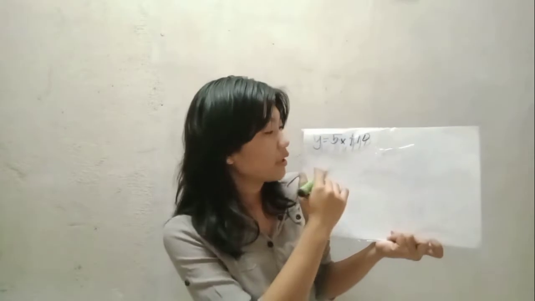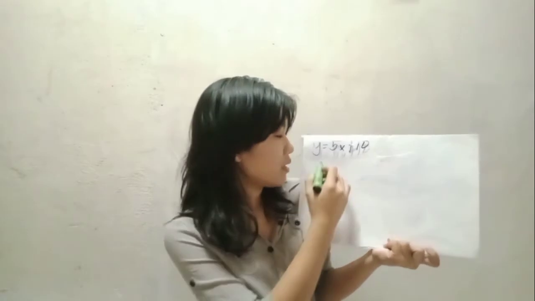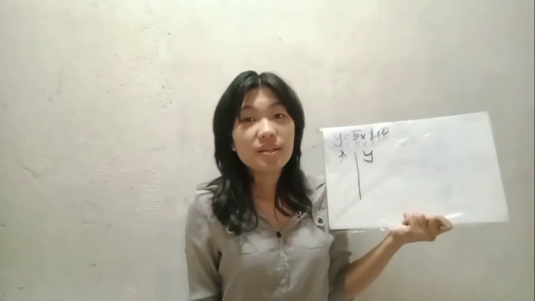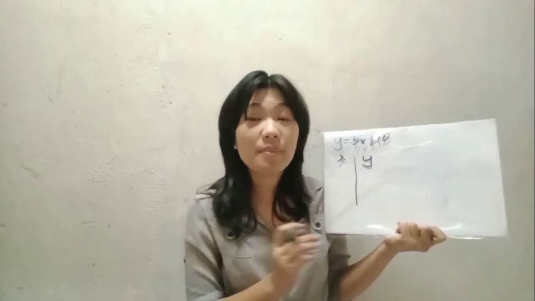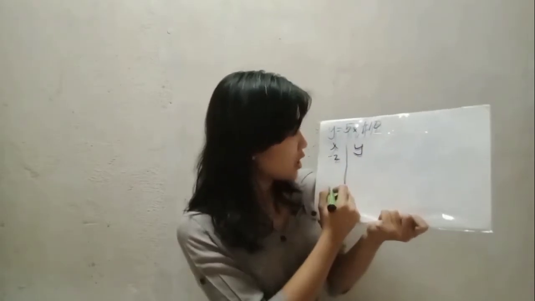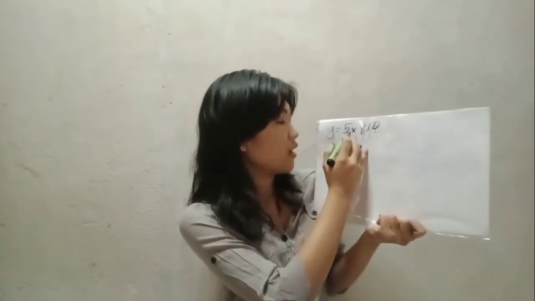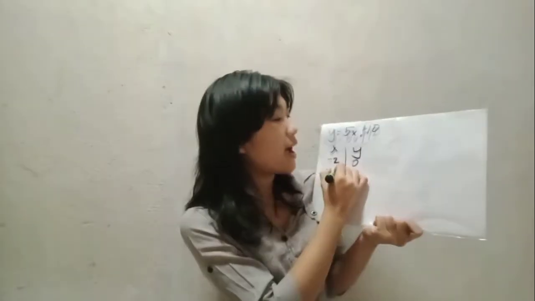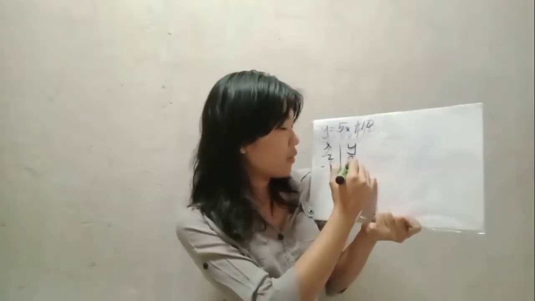First we will make a table of values so we can graph. So, x and y. We think of small numbers that we can substitute as x to get the values of y. For example, negative 2. Substitute negative 2 for x. So, 5 times negative 2 plus 10 is 0. Then negative 1: 5 times negative 1 plus 10 is equal to